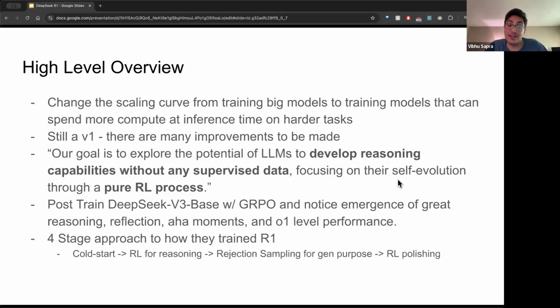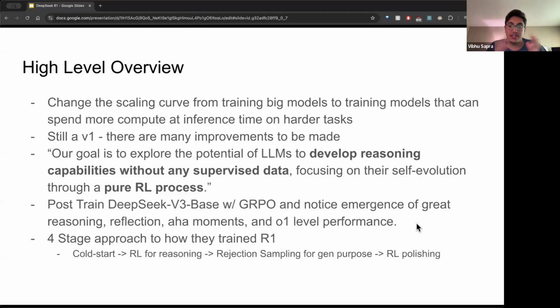And they did some really good RL. And they did put out good math. They explained this RL. And yeah, that kind of blew up. So what they do is they post-train the base DeepSeek V3 model, which I don't think is that important. It's just a big model with this GRPO. GRPO is their type of RL. We'll go into it in a bit.